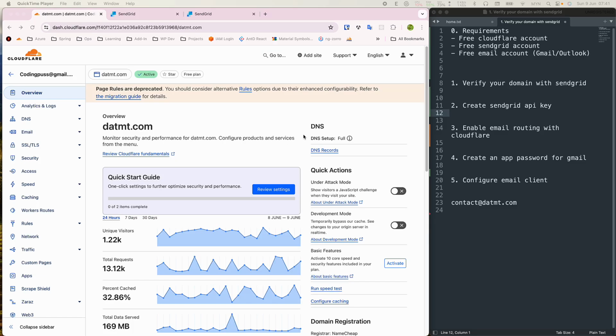Hello guys, today I'm going to show you how you can create an email attached to your domain name, and you can have unlimited emails. So, for example, I have my domain here, and I can have this contact at my domain like this, and this